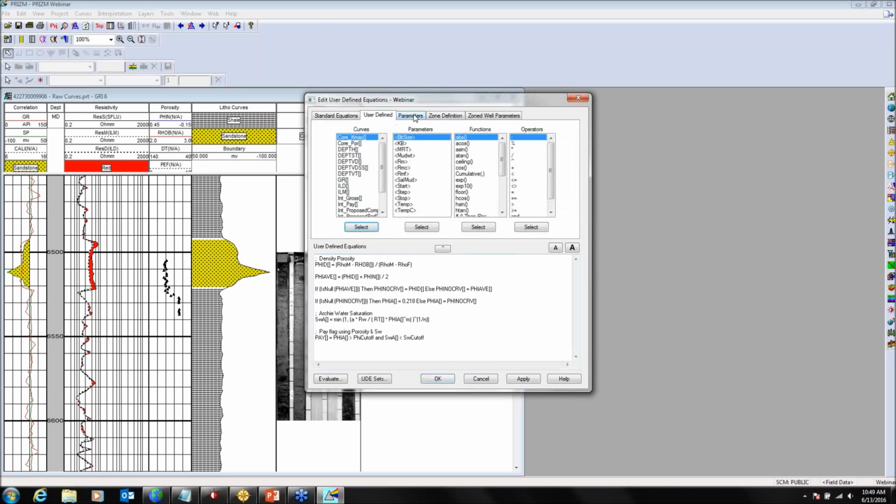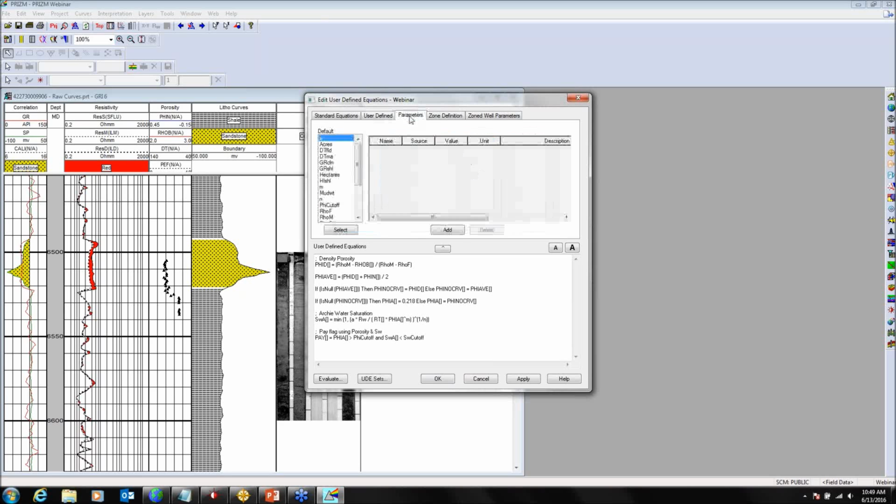So if I click on there, there's some of the different curve names and parameters that you can apply in there. I've got some parameters in here that aren't defined quite yet, so I need to click on the apply button here. And here's all the parameters that I'm using and what their value is going to be within the equation. So if I need to change one, I can change it here. For instance, my A value, remember we looked at the default settings. The A variable is defined with the value of 1. I can change that here, and it only